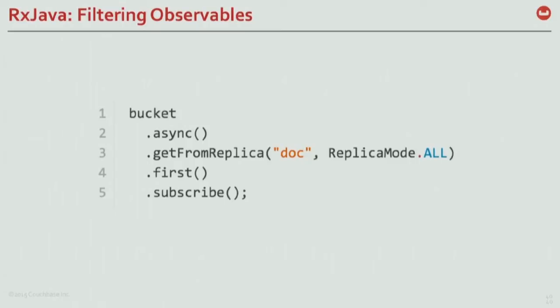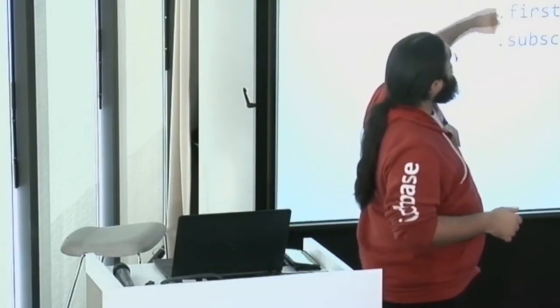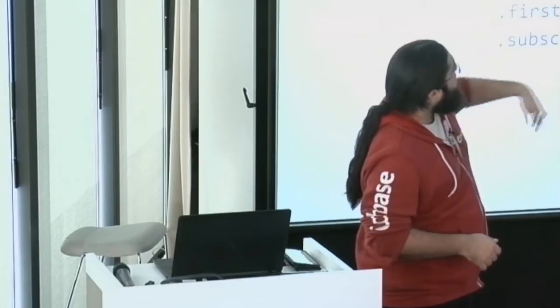Where does that make sense? Let's say you have a node that falls down. Probably not the best example, but you're in a distributed system. In Couchbase, every active document is on only one node. If that node dies for some reason, then this document is not available anymore, except on the replicas. So you need to ask all the replicas, give me that document. This is exactly what it's doing. It's basically telling all the replicas, give me one document.